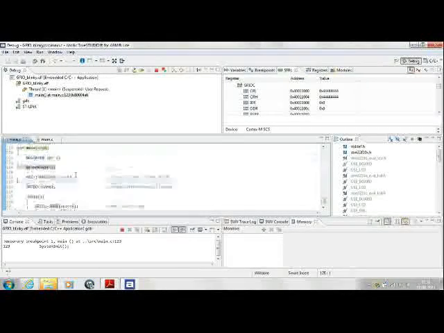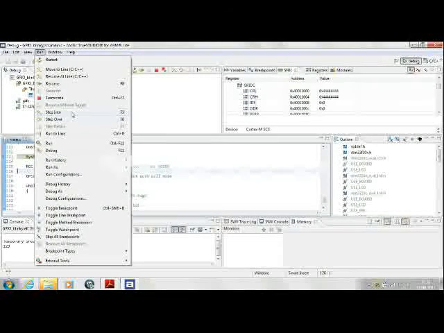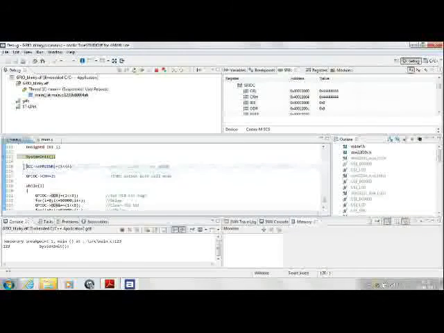To debug in this software, many options are available. You can go to run, you can step into a function, that is each step in the function is executed, and the execution halts till the time you allow the execution to go ahead by one more step. You have a step over, in which case you can skip a step, for example a system call, which I'm going to do now. You can step return, that is go back from a function call, and you can run to a particular line if you are able to click on it.